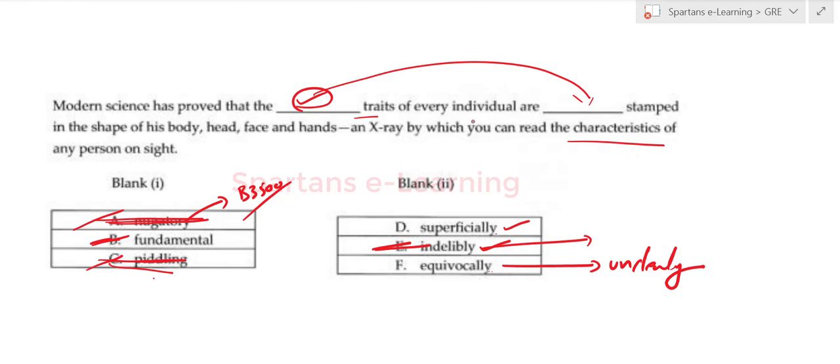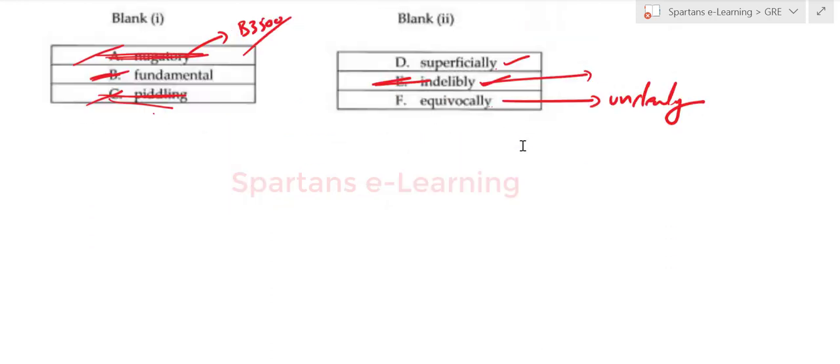So you will be able to get the meaning of the sentence only if you are very good at vocabulary. So I always stress learning good vocabulary, because vocab is the key for your verbal scoring. If you have good vocab skills, then definitely you will get a lot of confidence to answer your text completion or sentence equivalence questions, right? So let's move on to our next question.